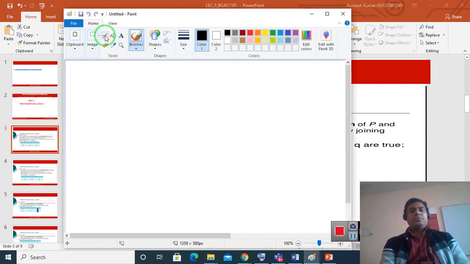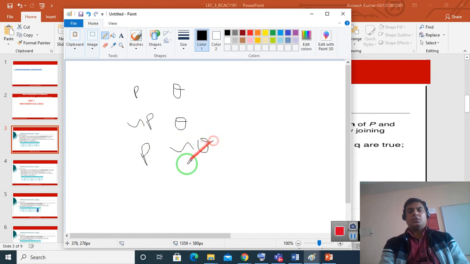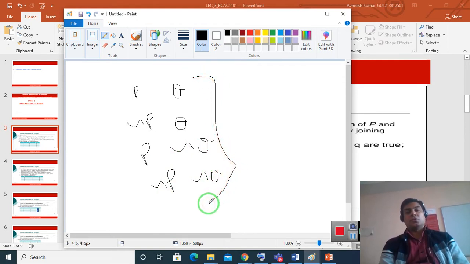If one premise is P and another premise is Q, in the first case they both are true. Second case, one is false but the second is true. Third case, this is true but this is false. Fourth case, both are false.